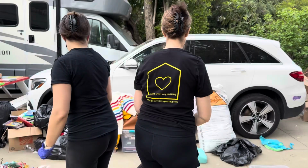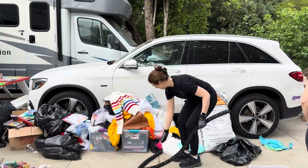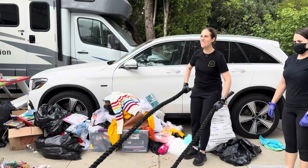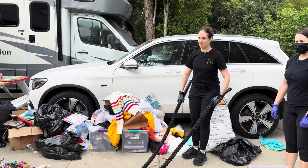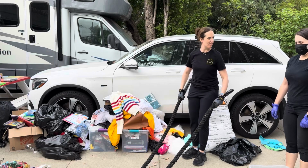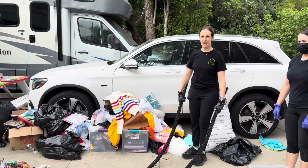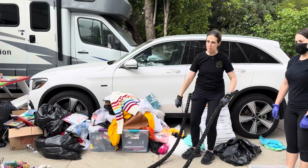Just attempt to pick up these ropes. I just want to see how heavy it is. Even just the rope itself is heavy. Yeah. Wait, even just trying to lift it. Don't you need one to come a bit forward, like the rope? Forward with the rope. I thought you're supposed to be far back. Yeah, you're supposed to get as far back as possible. I can't really do this because there's stuff on top of them, but the rope itself is so heavy. How do people...